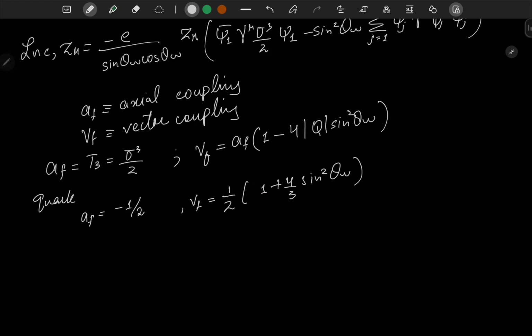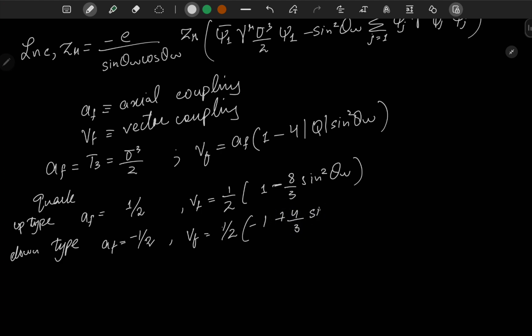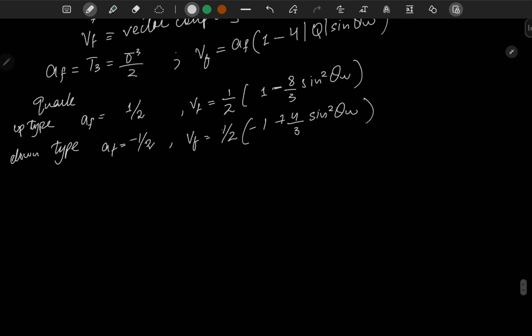So for up-type quarks, VF is 1 minus 8 upon 3 sine square of theta W, and AF is equal to 1 over 2, and for down-type quarks, AF is going to be minus 1 over 2, and VF is going to be 1 over 2 minus 1 plus 4 over 3 into sine square of theta W. And for leptons,